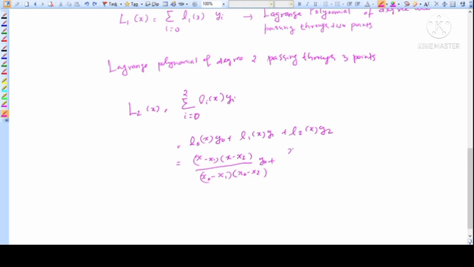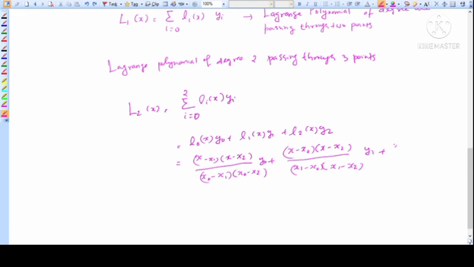What will be L1 of x? It is nothing but x minus x0 into x minus x2 divided by x1 minus x0 into x1 minus x2, plus